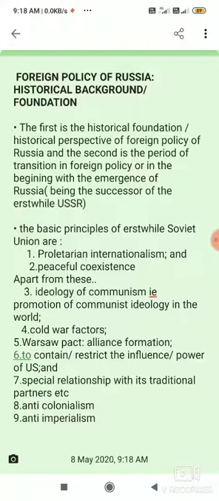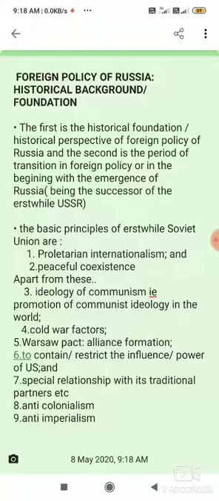Warsaw Pact, that is alliance formation. Warsaw Pact is kind of a Soviet model of NATO to counteract the American power and its entrance. Sixthly, to contain and restrict the influence and power of the USA and its alliances. And